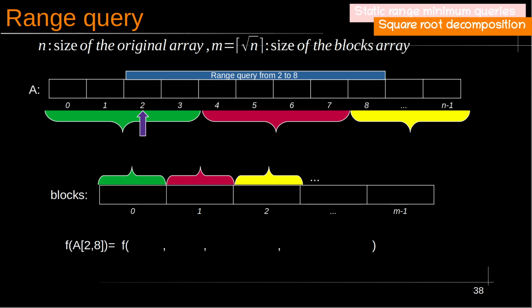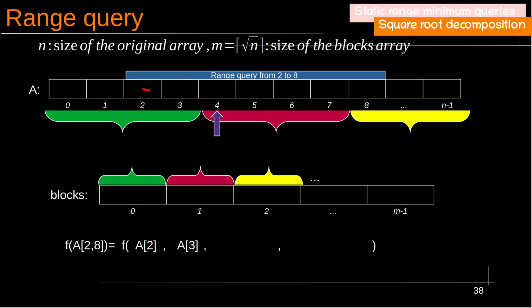The answer is no. So we will not use that block, which means we only want to use A2. Only this value. And we add 1 to the pointer, it comes to 3. We are not at the beginning of the block, so we will use only that value in the result computation, A3. We add 1 to the pointer,